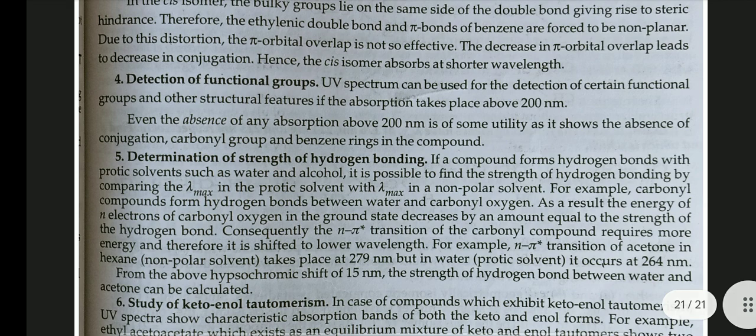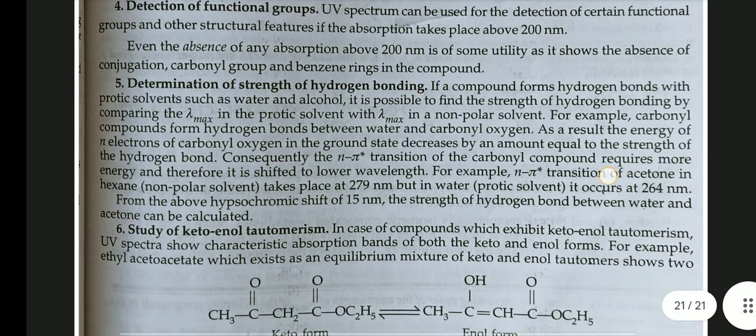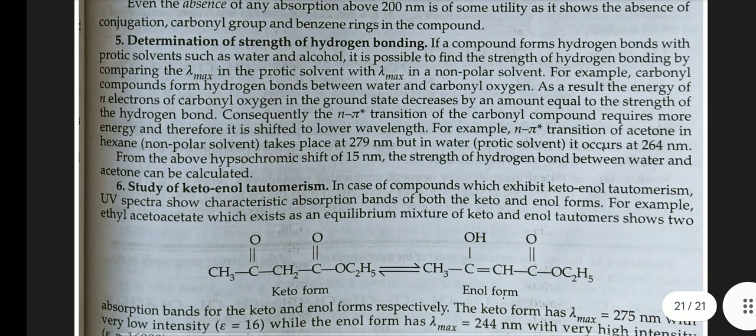Determination of strength of hydrogen bonding. If a compound forms hydrogen bonds with protic solvents such as water and alcohol, it is possible to find the strength of hydrogen bonding by comparing the lambda max in the protic solvent with lambda max in a non-polar solvent. For example, carbonyl compounds form a hydrogen bond between water and carbonyl oxygen. As a result, the energy of an electron on carbonyl oxygen in the ground state decreases by an amount equal to the strength